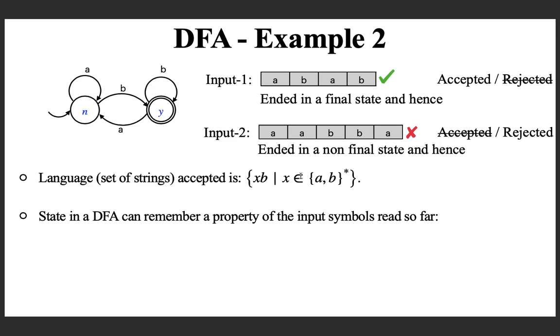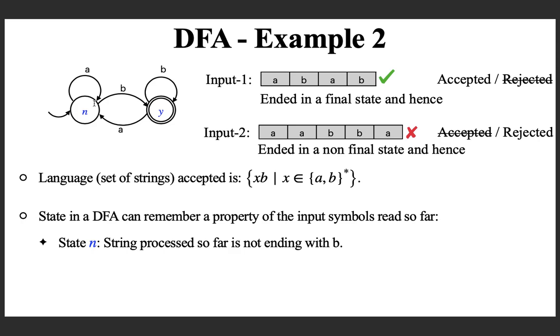So suppose you want to design a machine, and to begin with you have not processed any string, which means it is not ending in B. So to start with, N is the state, meaning that the string processed so far is not ending with B. Before starting it is correct because there are no B's. And now suppose an A is coming, again the status is the same, not ending with B,